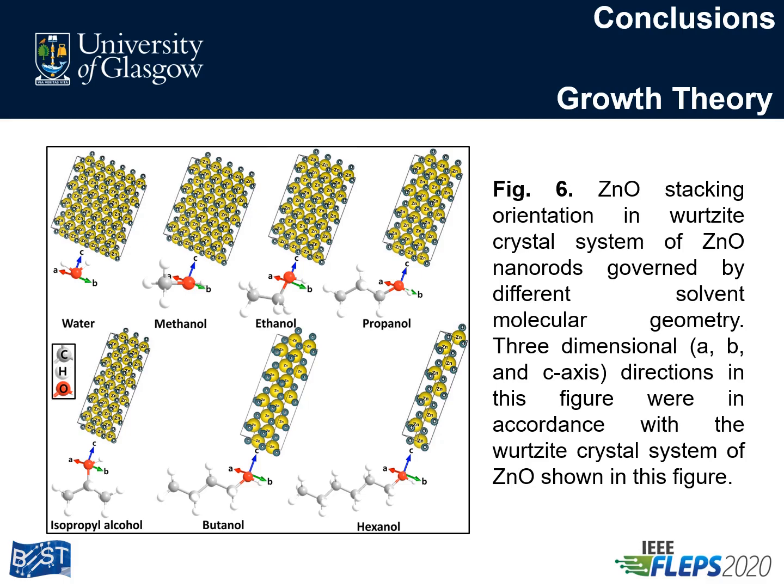The unavailability of binding sites along A-axis in methanol results in nanorods with a higher aspect ratio. In the case of water, the availability of binding sites along three dimensions results in zinc oxide nanorods with a comparatively lower aspect ratio. A similar pattern can be noted from other reports as well.